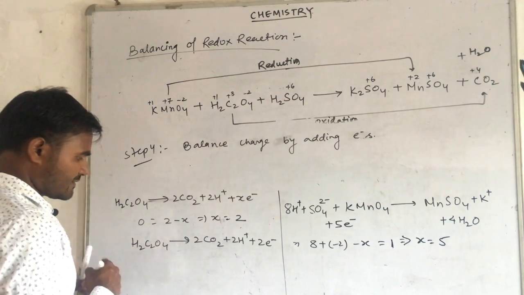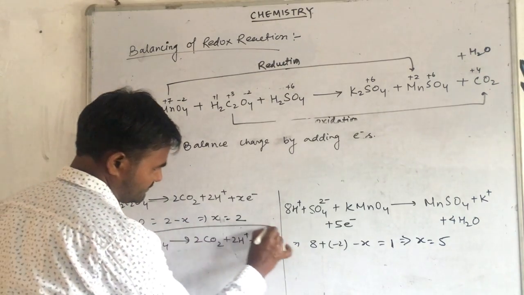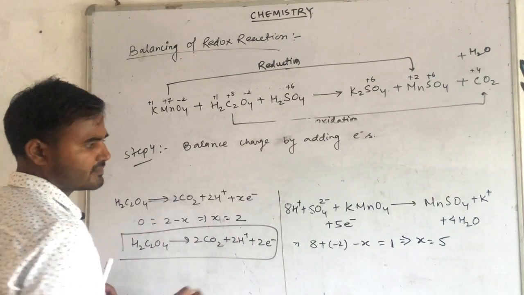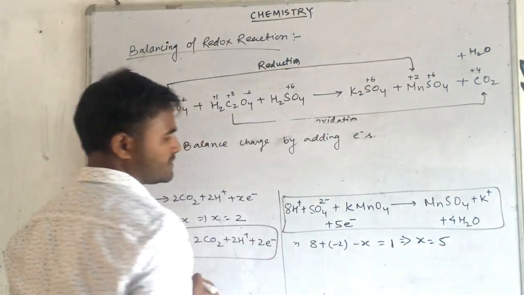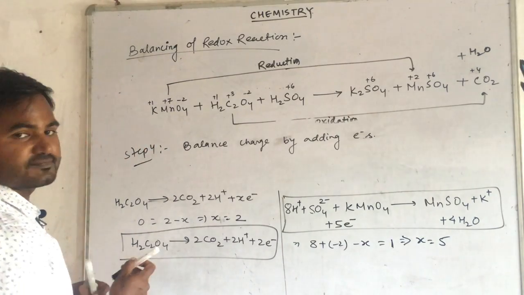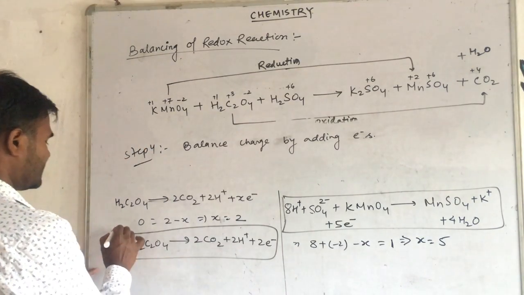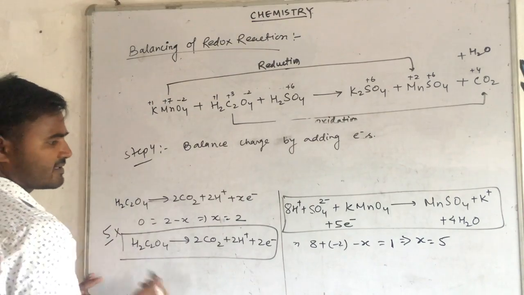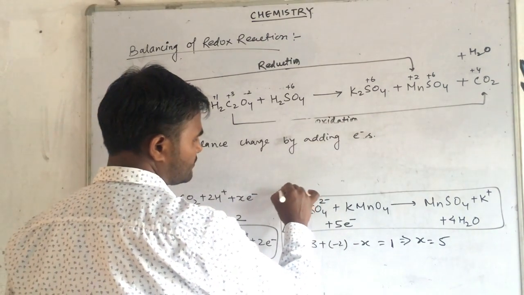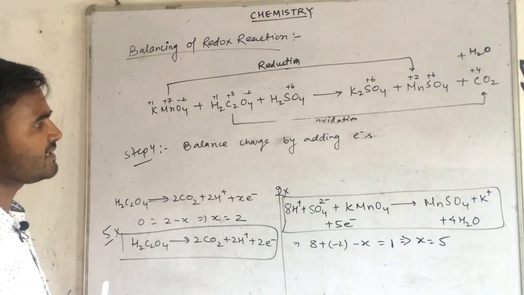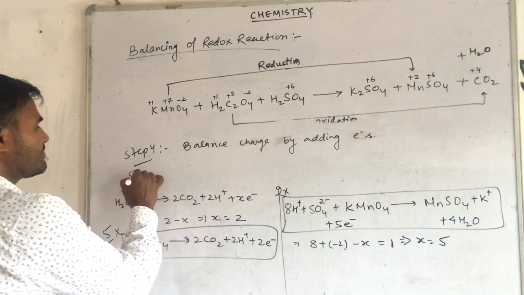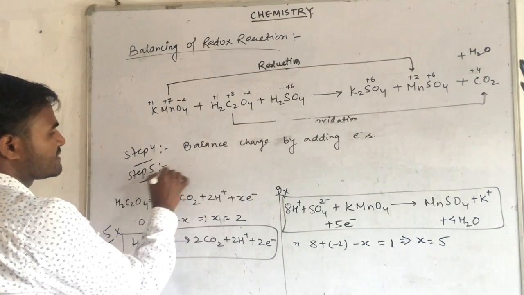So in this equation there are 2 electrons and in this equation there are 5 electrons. So how can we cancel these electrons? If I multiply this by 5 and the other by 2, then it becomes 10, and then the electrons will be cancelled out. So step number 5 is